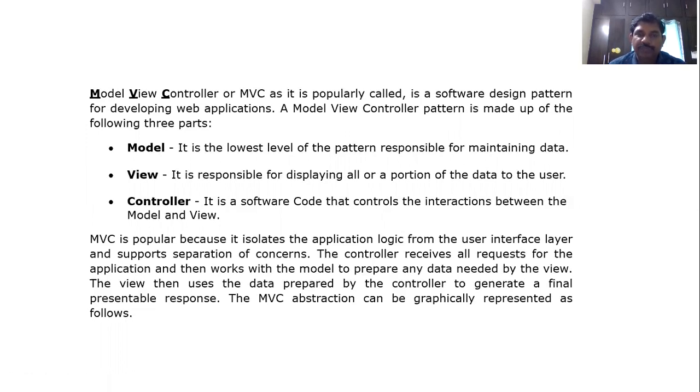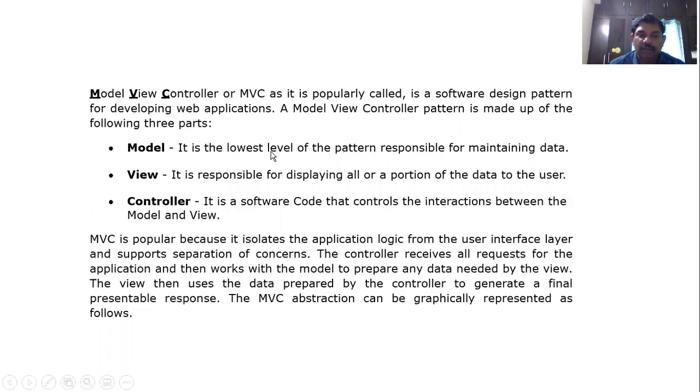It's called bean. See here, MVC architecture, as it is popularly called, is a software design pattern for developing a web application. A model view controller pattern is made up of the following three parts: model, view, controller.